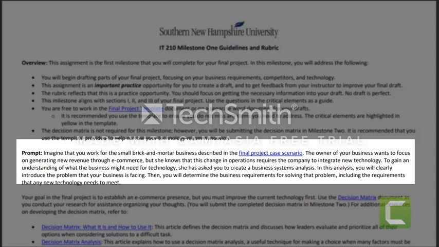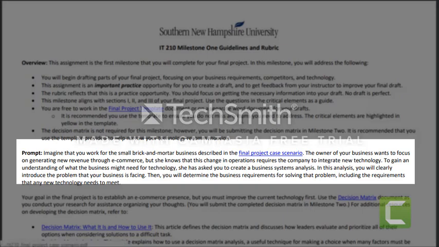Okay, so what we need to do from here is pay attention to where it says final project case scenario. This is your main case study scenario that you are working off of for this entire milestone. You may have to return to it multiple times, and that's great. That's fine. You should continue returning to it to make sure that you really understand the scenario that you are